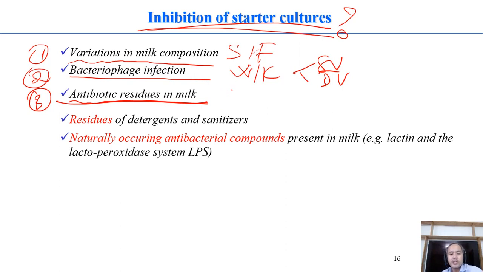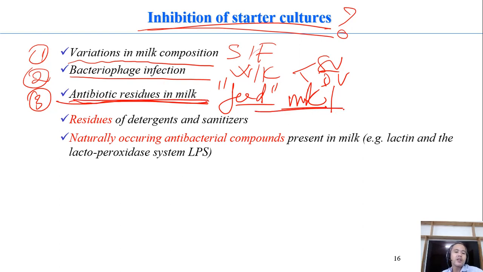And the third reason, which also happens especially in developing countries, is antibiotic residues in milk. Maybe antibiotics are used to treat the cows when the cows are sick, or antibiotic is unintentionally or intentionally added in the feed for the cow. When the cow eats these feeds, the antibiotic will go to the milk. And antibiotic in milk prevents not only the bad microorganisms but also the good ones. So when antibiotic residue occurs in the milk, the fermentation is also influenced, of course, either slow vat or even dead vat.